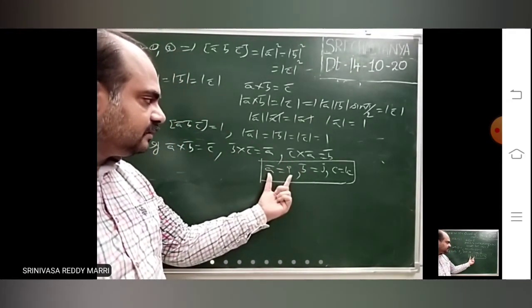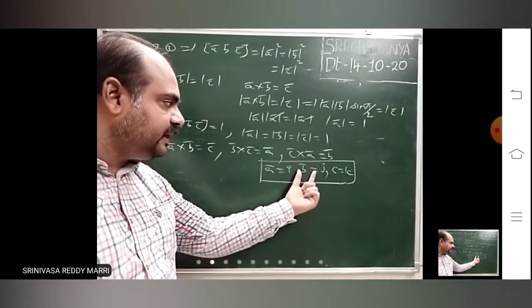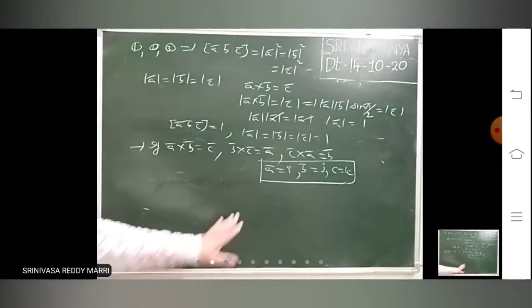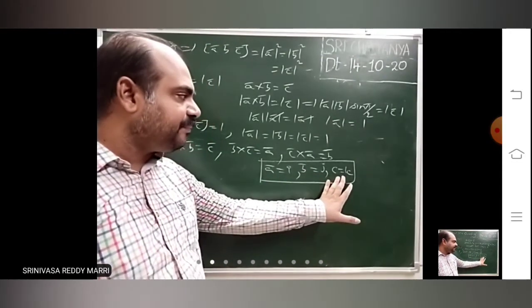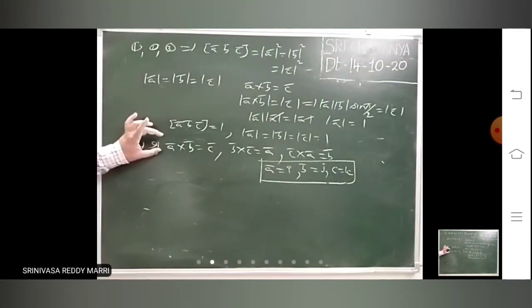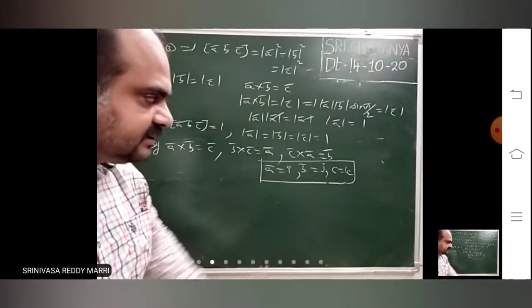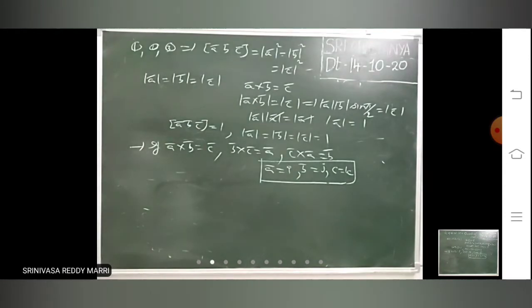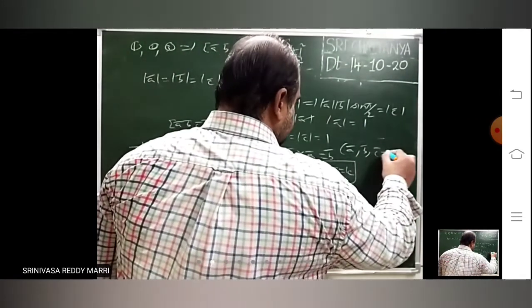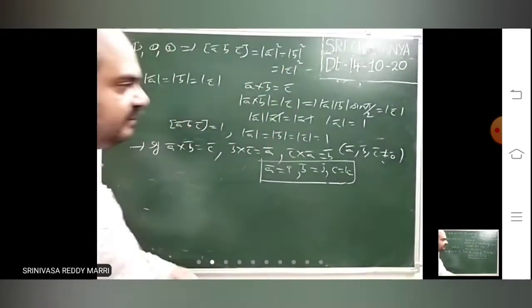So look, A bar dot B bar is 0, B bar dot C bar is 0, C bar dot A bar is 0. These are mutually perpendicular unit vectors. You remember this point, and whenever given, you take like this immediately. Look at the problem. In the question, he will give A bar, B bar, C bar not equal to 0 bar.